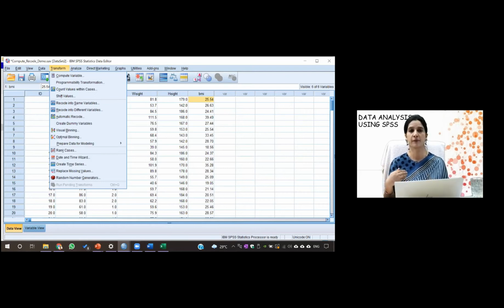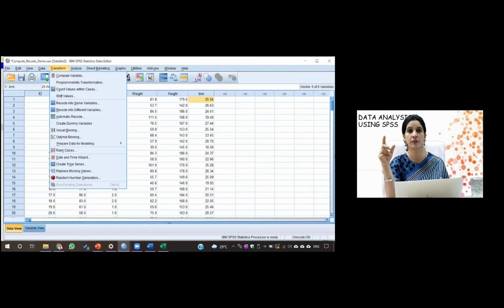Many a time we may face some change of the criteria. If you see any guideline, like European guideline, American guideline, every society gives a different guideline. Like for BMI also, we have got an Asian criteria, we have got a WHO criteria.